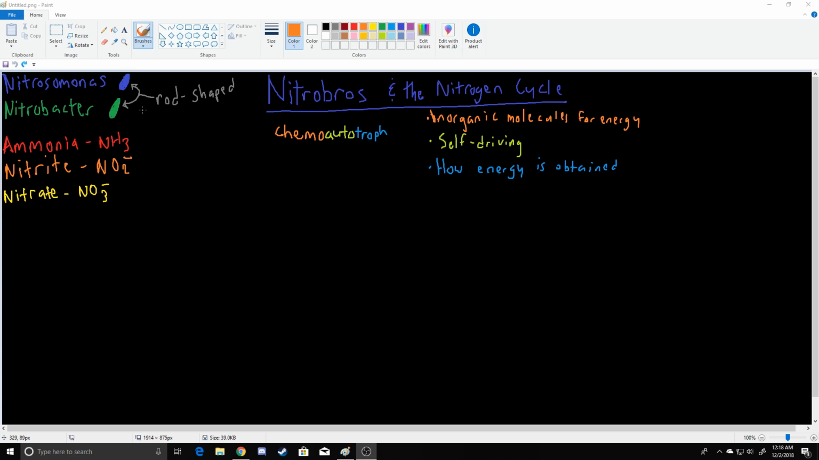For those that care about this little fact, they are rod-shaped gram-negative bacteria, and one word that describes them is chemoautotroph. To break this word down, chemo means that they take in inorganic molecules as a source of energy. Inorganic would be, for example, your NH3, which is ammonia, and nitrite, NO2. These are inorganic. So they consume these